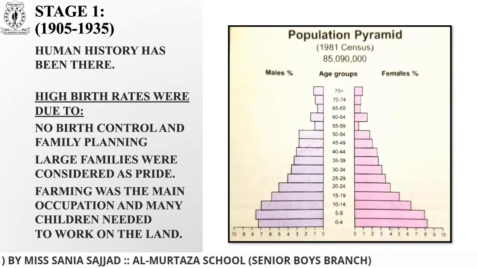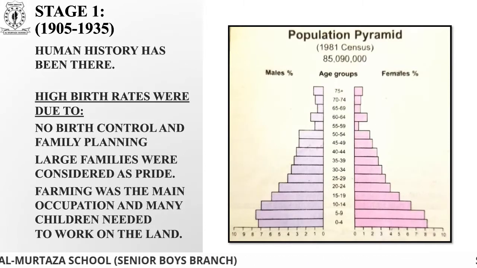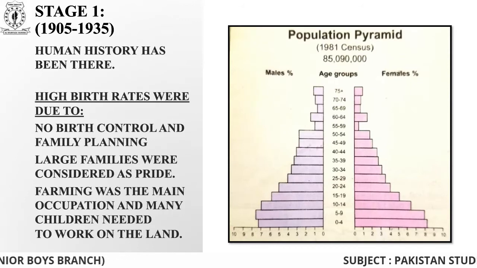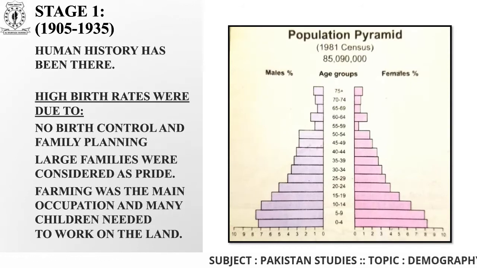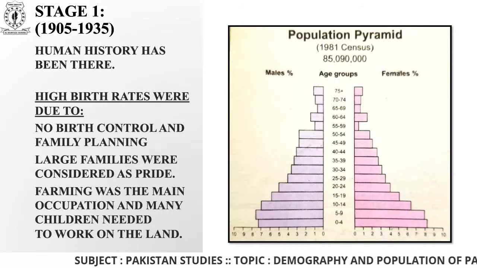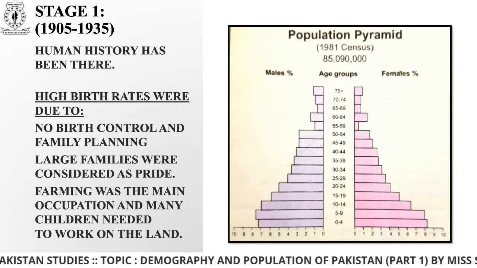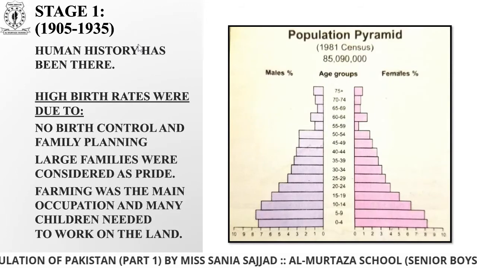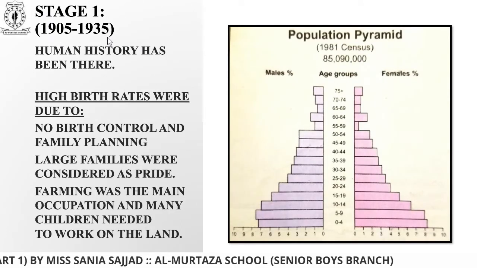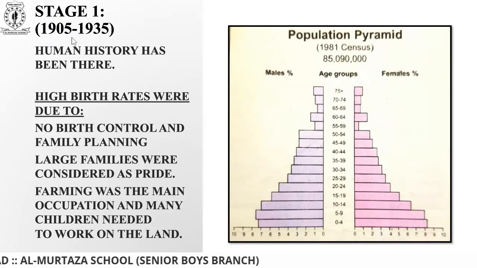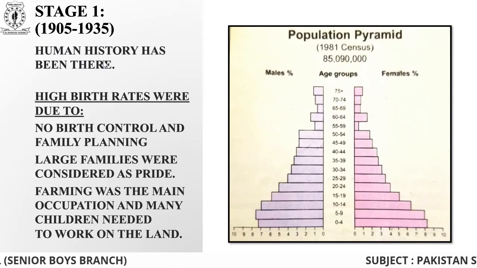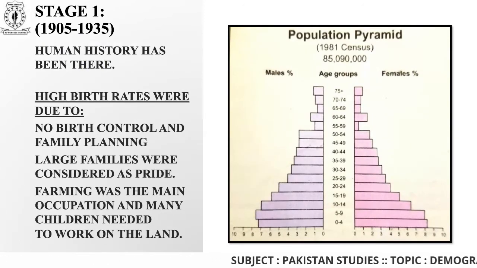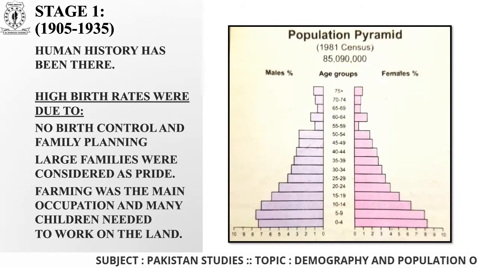Now, the first stage was just the starting stage, that is, the beginning of human history. When I'm talking about the first stage, that is 1905 till 1935, remember, once again I repeat, I am just taking these figures as a starting point, just as an example. But when I'm talking about the start of human history, then it is ADs and so many BCs before, right?